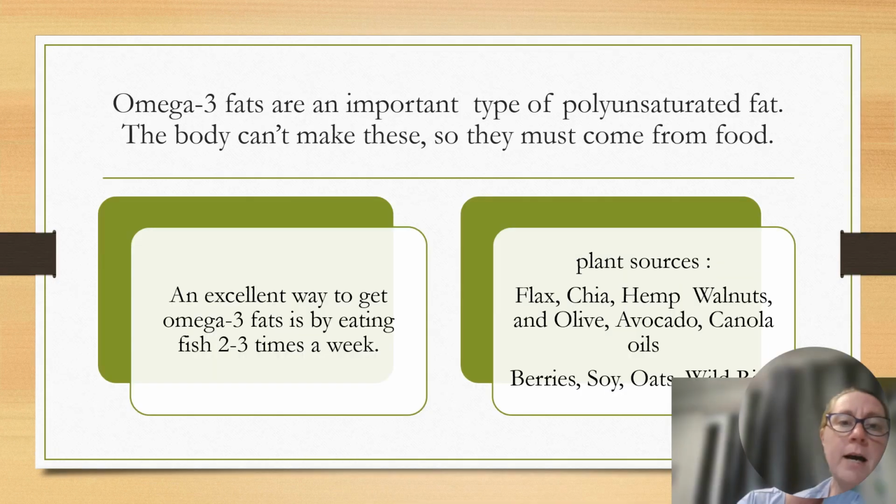So omega-3 fats are an important type of polyunsaturated fat, and the body can't make these, so they must come from food. An excellent way of getting omega-3 fats is by eating fish, at least 2 to 3 times a week, and certainly nothing deep fried. So baked or steamed, poached, things like that